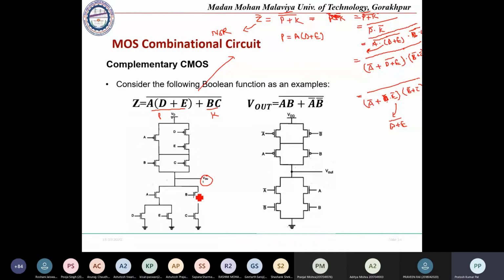So with respect to the pull down network, this pull down network can also be implemented directly. So whatever function is given, we will be converting, taking the output on both sides, like taking Z bar is equal to A D plus E plus P C. And then if it is dot, that is AND, so it will be represented in terms of the AND function. Then this is OR, so this will be represented in terms of the OR function. This is again multiplication, so it will be implemented as the AND function.